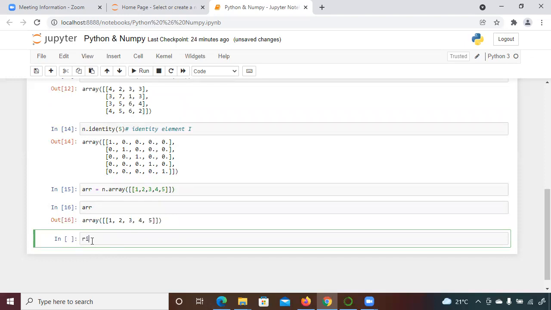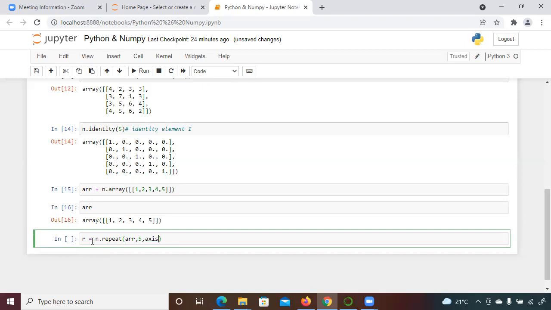You can create one variable r. This is another approach I'm telling. Create an r and just write n dot repeat, and what you want to repeat, you just pass the array name. How many times you want to repeat? Suppose 5 times, and in what manner, axis is 0 or axis is 1.